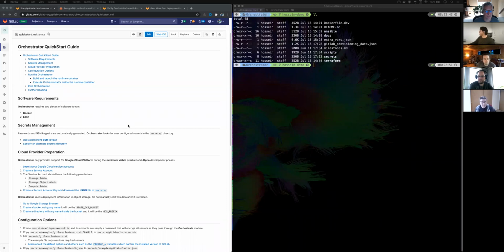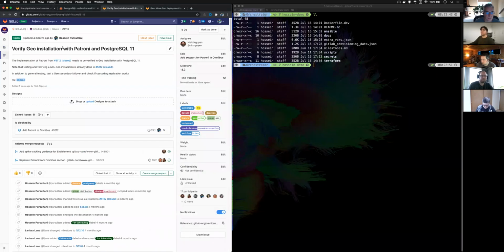In this week's demo, we are going to focus on one of the issues that the Geo team is trying to resolve for installing a Geo installation with Patroni replication. In this issue, the primary cluster has a 3-node database, and the secondary has a single node database. The objective is to replicate the database from the primary Patroni cluster to the